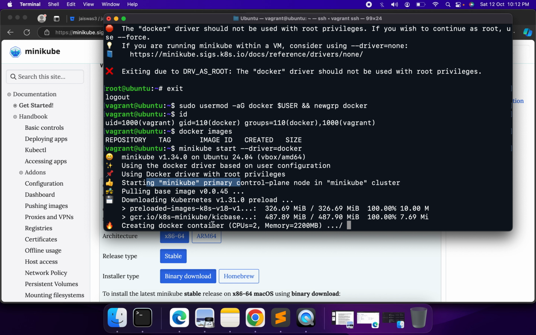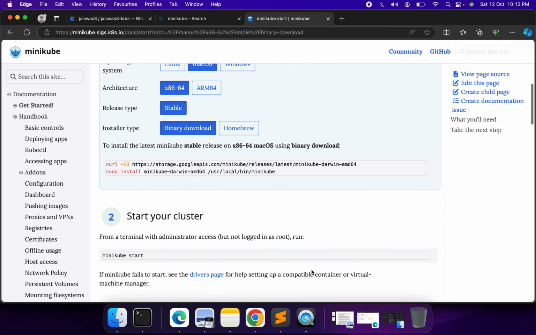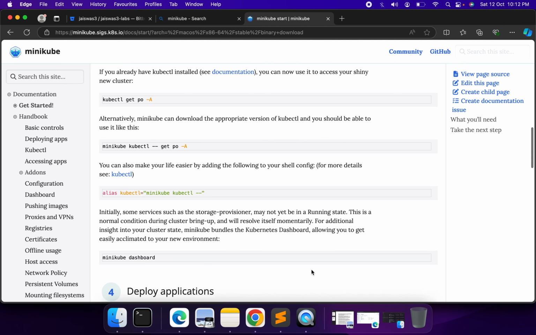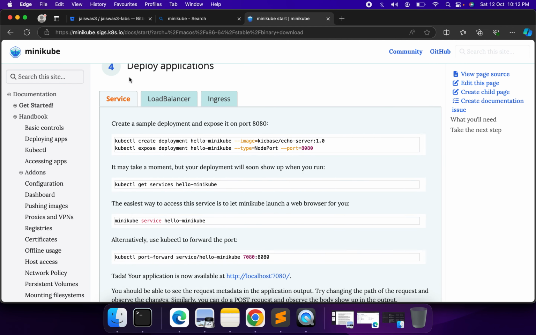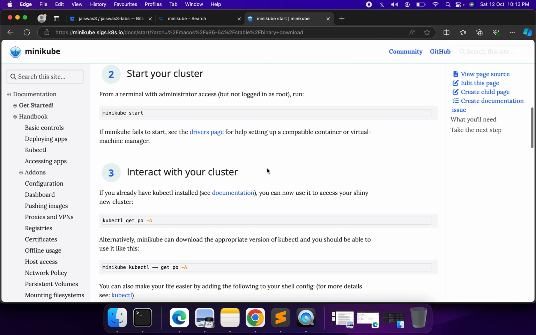Now it is creating the cluster. Even if we run it without extending the memory and CPU, it will slow down and complain about size. We can also check whether our installation is working or not. The steps are here, but we will cover them in the second part. I'll just show you how we quickly